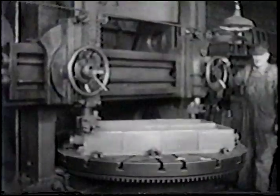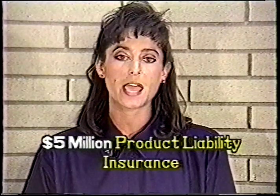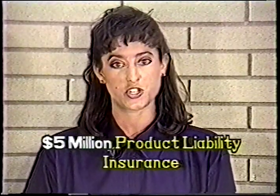But first, I'd like to give you a little background information about Dewey Brothers. We were founded in 1885 in Goldsboro, North Carolina, and have been making gray iron castings continuously ever since. We maintain product liability insurance in the amount of $5 million per each occurrence, and we would be happy to name your municipality as co-insured. Oh, and by the way, since the inception of the policy in 1954, we have had 0 claims filed against